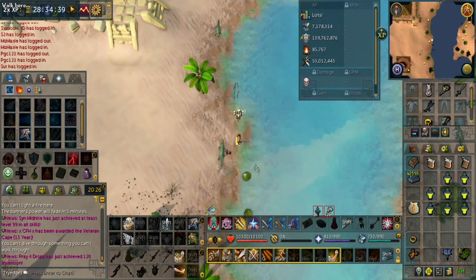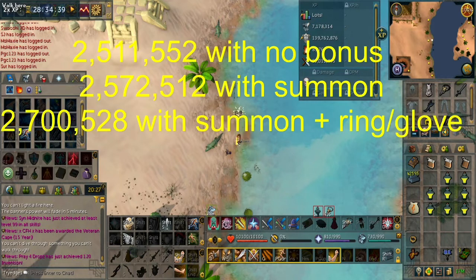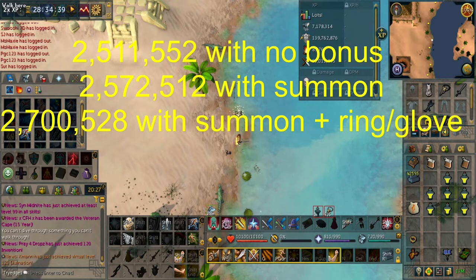And then on the screen right now, it might be a little hard to read because it is yellow in the background, but bear with me. So this is the XP rates per hour you can expect to get. Very top one says 2,500,000 XP rate. This is with no familiar, no bonus experience, no nothing. The second one is about 60,000 extra